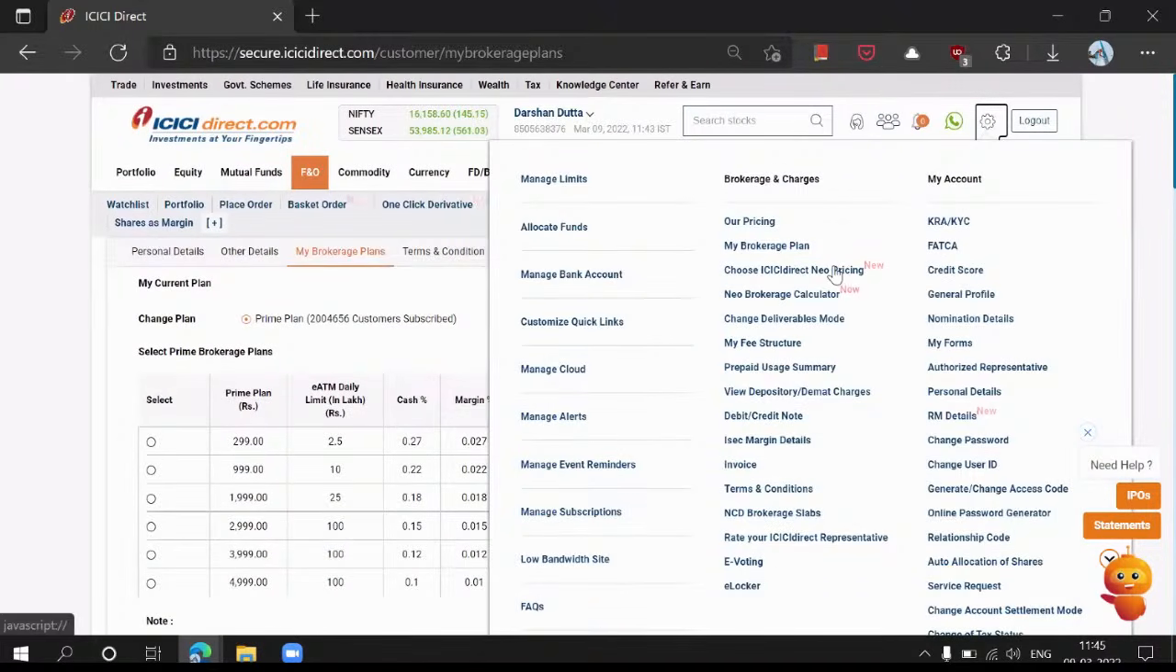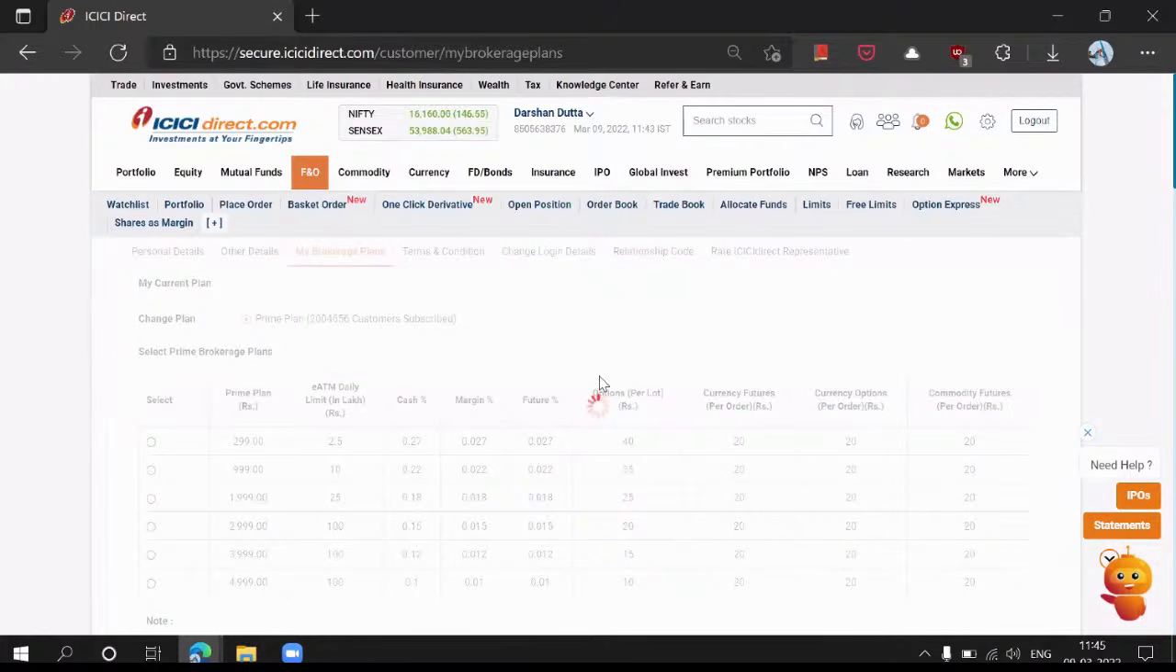And this selection is online. You could anytime go to the settings options and choose the brokerage plan. So that's some of the questions. Another thing which is important, which is also mentioned in the chat as well,